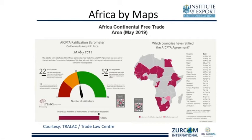The next thing is trademarks and copyrights will likely be addressed, and then perhaps a common currency. Now, a lot of this will take up to 20 years, but the progress in this will be very important. And I think that for British companies coming into Africa, the key thing is that this will help you in your competitive advantage against some of the other countries where the principles of doing good business are not so well addressed. And I'm not going to name those countries out here right now, but I'm going to tell you that